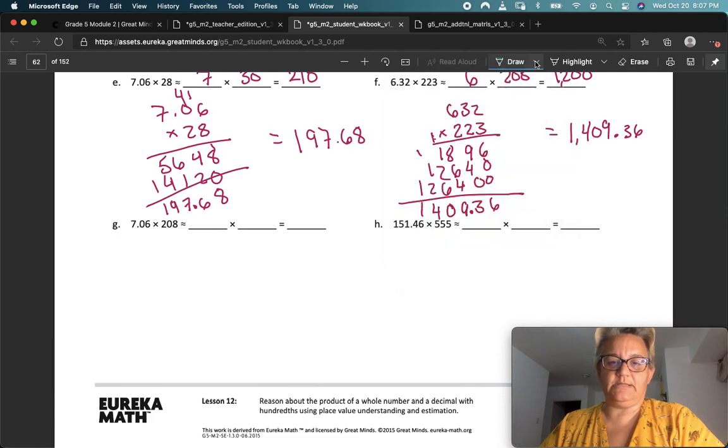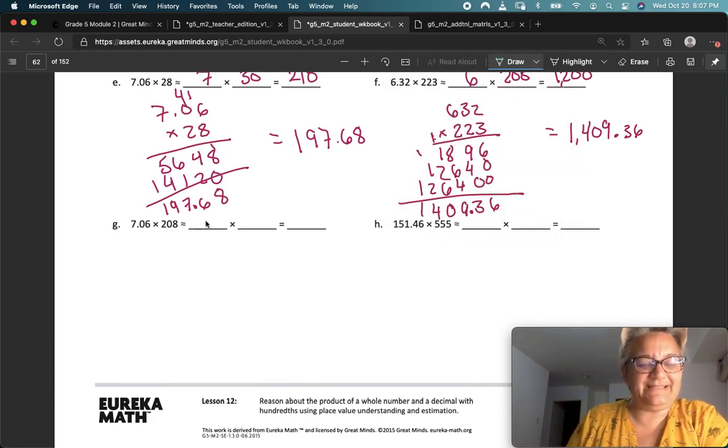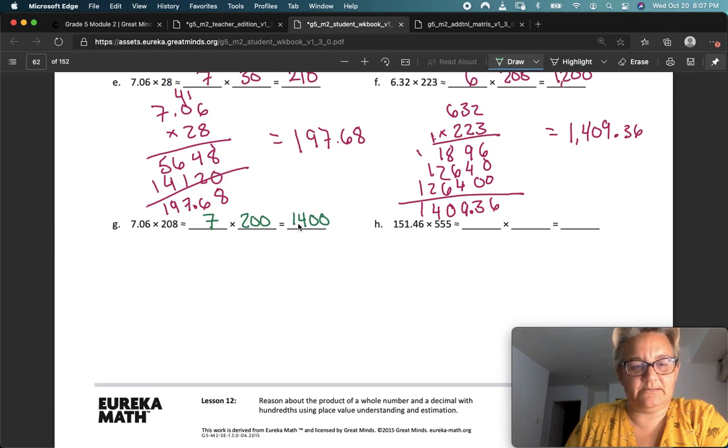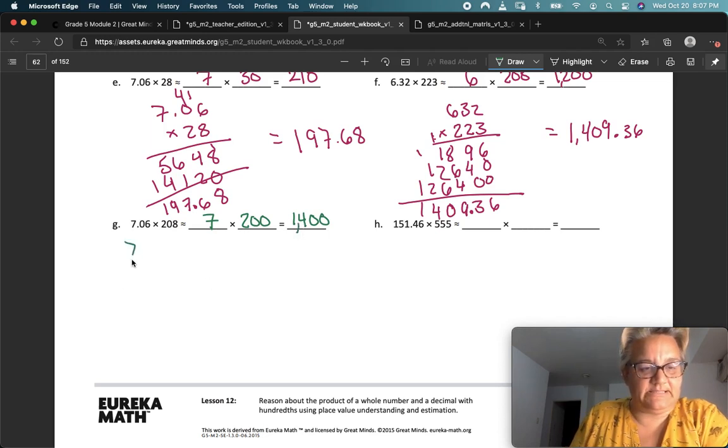Let's go green. Okay, 7 and 6 hundredths. I'm going to round down to 7. I'm going to round this to 200, and that's going to give me 1,400. And 706 times 208,